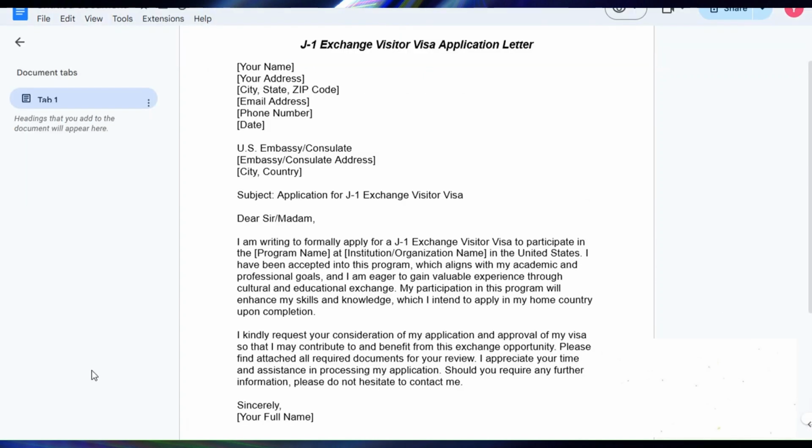Here's our sample J-1 exchange visitor visa application letter. See how it effectively highlights the applicant's academic and professional background, explains their purpose for joining the exchange program, and outlines their plans after completing it. By following this format step by step, you can create a clear and persuasive application letter that strengthens your visa